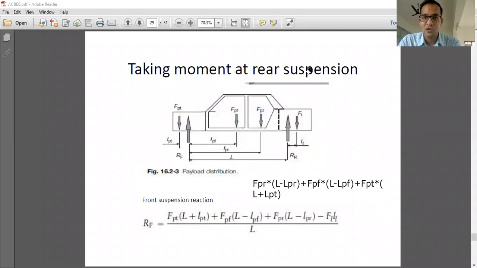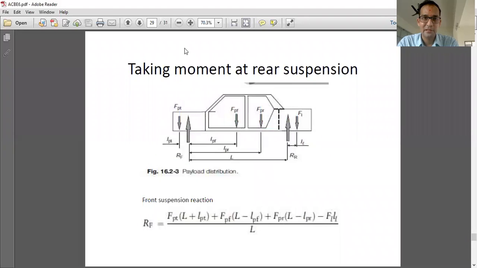Okay. So when I go ahead to observe the rear reaction, then what is going to happen? We'll have a similar kind of condition. Okay, I have to erase this one so that I can switch to the next slide. Okay, now it's done. I'll go for the next slide. Now taking moment about the front section, what is going to be the configuration? I hope you have got that particular concept of observation.